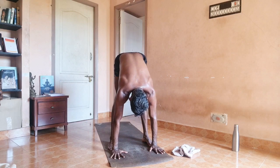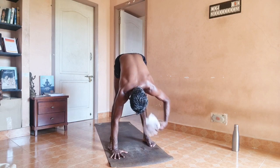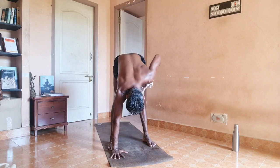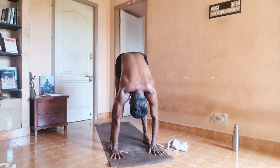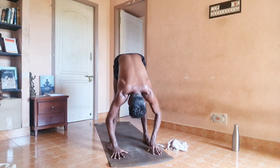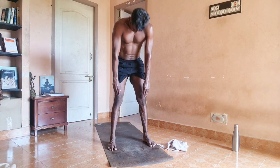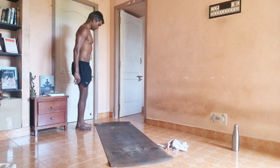If it's not possible, you can always go onto your fingertips, or you can release hands completely from the mat. Absolutely, because with tighter hamstrings, it may not be possible to keep the palms fixed in the mat. Inhale, halfway head up. Exhale, full way head up, gently coming out, preparing ourselves to warm up our body using